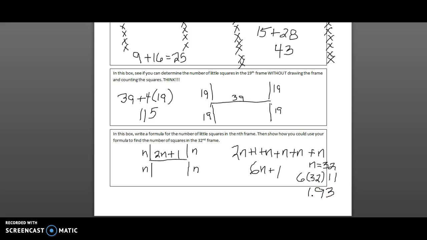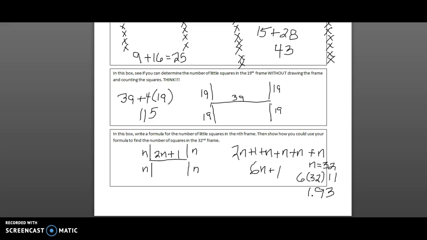All right, a word about this one. Hopefully you've made it this far through this. Some people come up with a different way of creating the figures. And so they sometimes build the vertical lines, and then they put a bar in between those vertical lines. Whereas I did the horizontal line and then added the legs on. It doesn't matter how you did it. So if you came up with a slightly different way to do it, then your explicit formula when you first started it probably looked a little bit different. But if you simplify your explicit formula, it will come out to the exact same thing as mine,